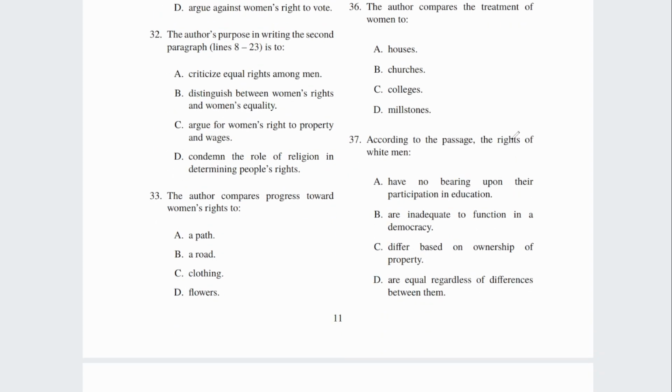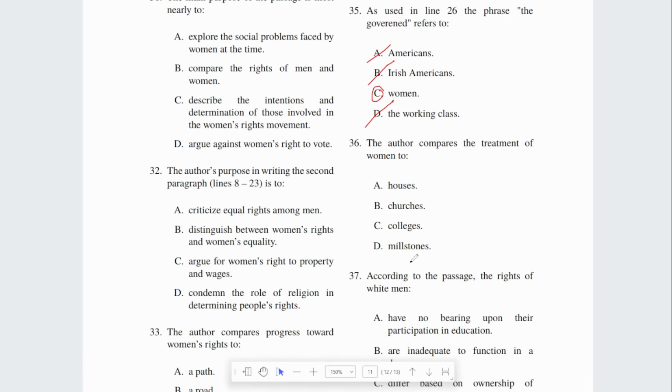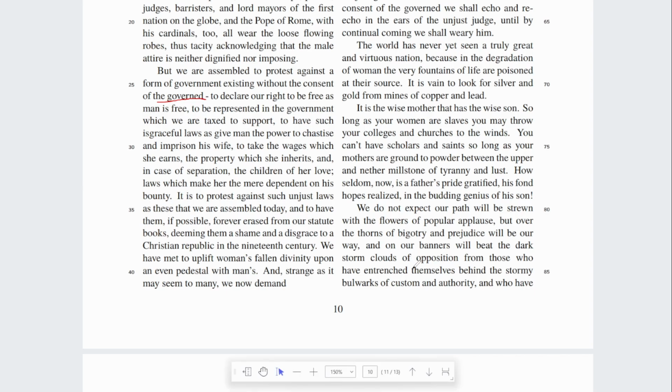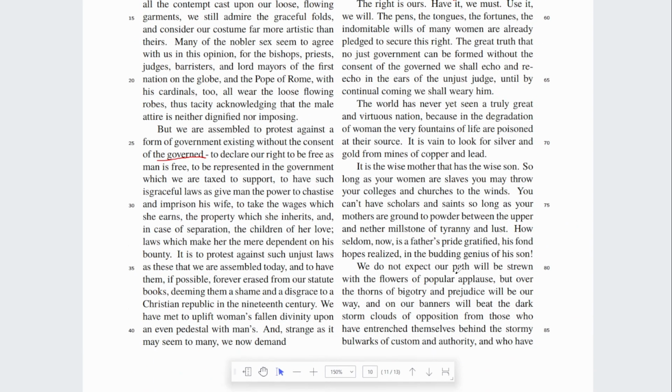So, okay, we have some detailed questions, some comparisons. The author compares progress toward women's rights to what? And if we remember, it is going to be something in here, a path or a road. I don't remember which, to be honest. Clothing is discussed, but it wasn't as progress toward a right, or flowers. My recollection is that it had to do with the path or the road not being strewn with flowers. Excuse me. So, let's find this part. If we remember, well, it's conveniently right here. It's hard not to read it,